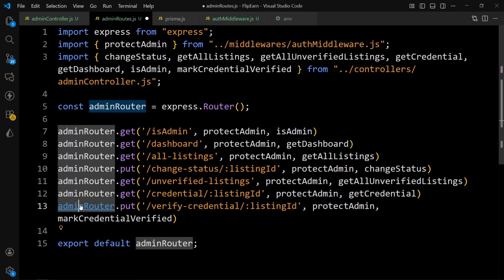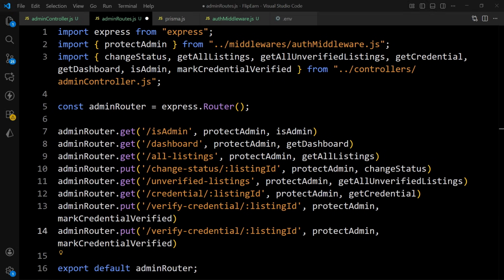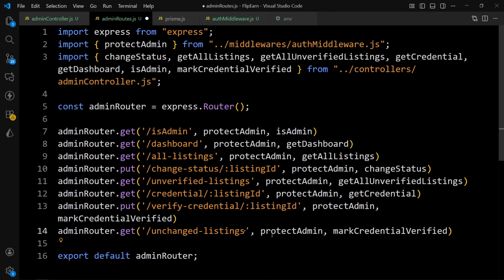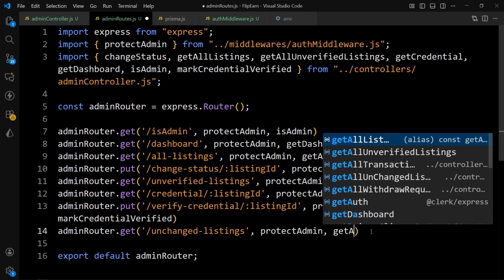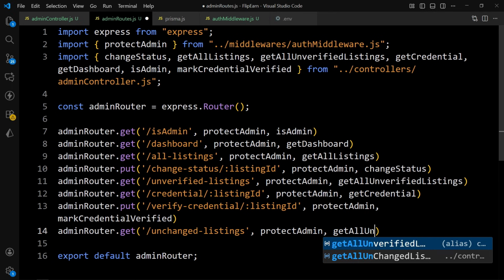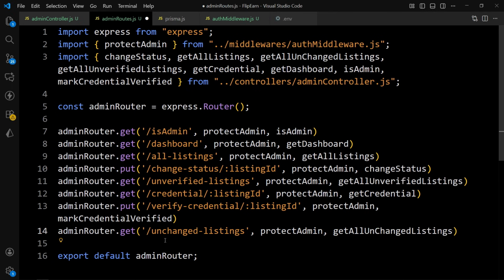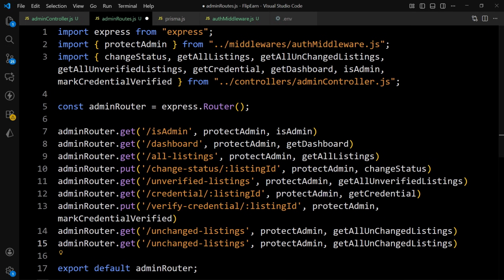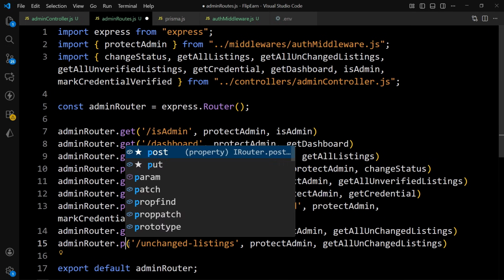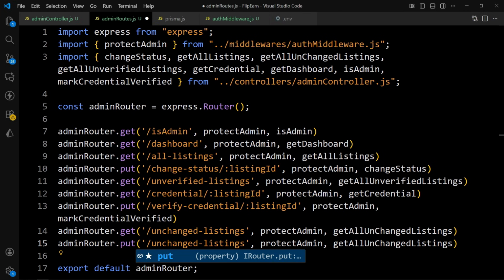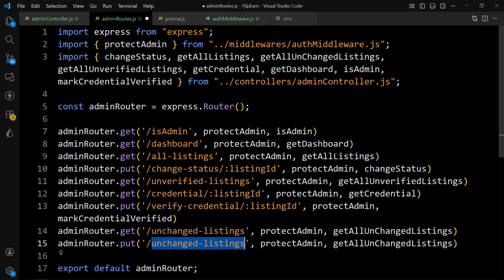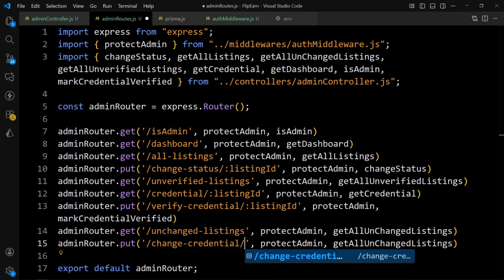Now just duplicate it. And in this one we will change the type. So the type is get, and the path will be unchanged listings, like this. And here we have to add the middleware, and then we'll add the function get all unchanged listings. Now just duplicate it. In this one we will again change the type to put, and the path will be change credential, then slash colon listing ID,